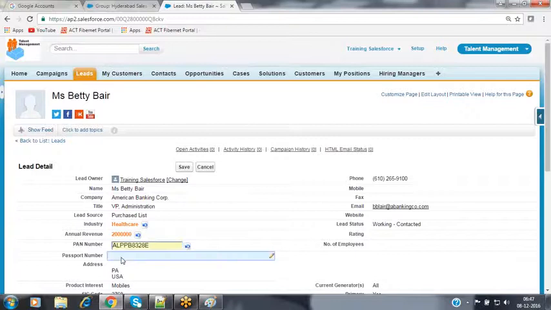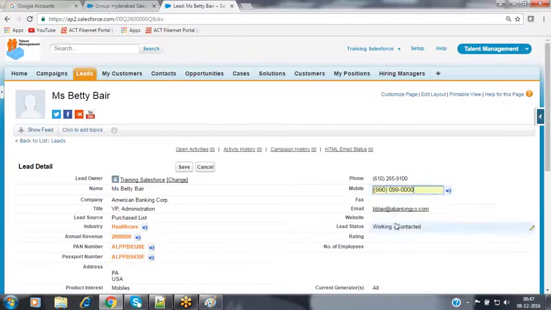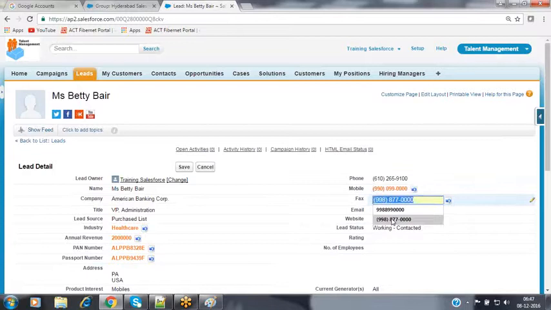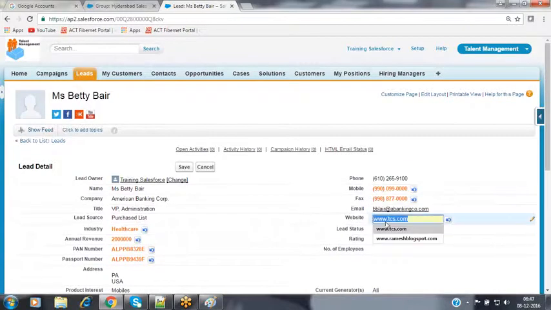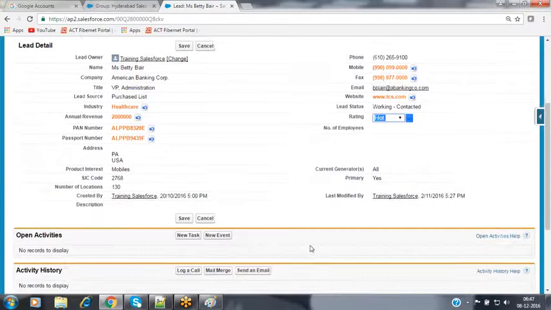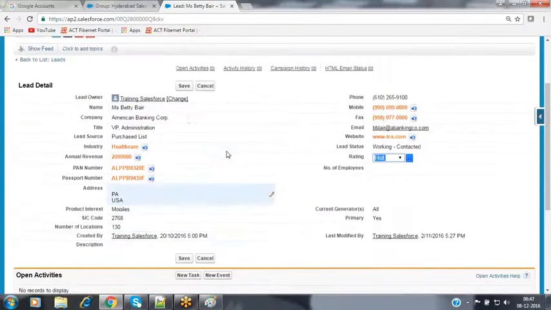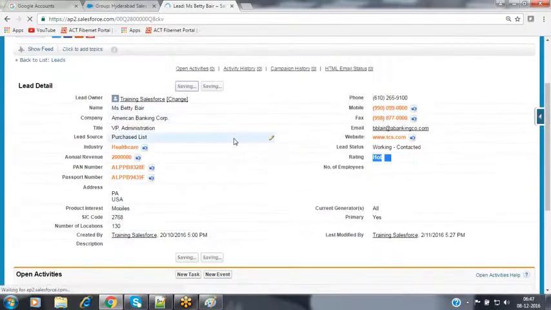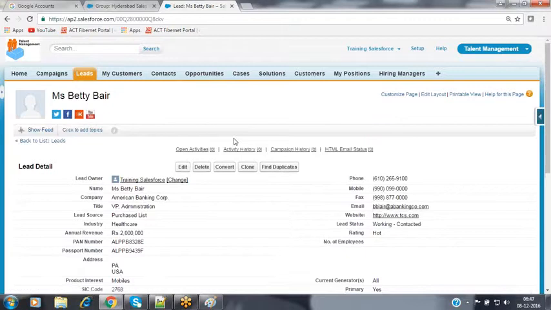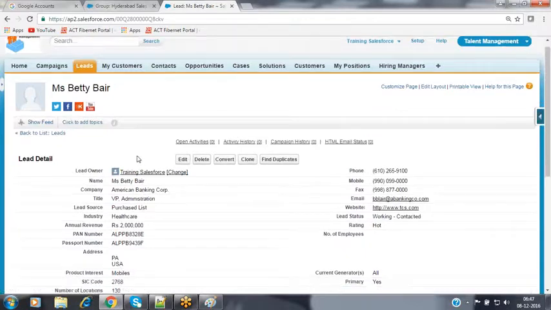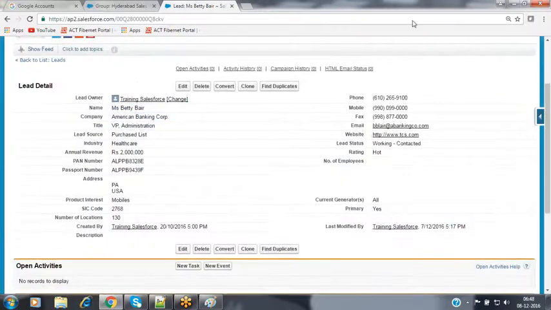The PAN number and the passport number and the mobile number and the fax number, website value, rating value, and the products and everything I'm going to be storing inside this. So now I have saved this record here. Whenever you are creating the record, the currently logged in user will be the owner of the